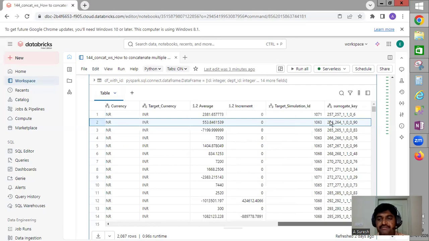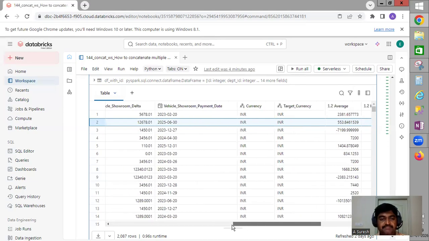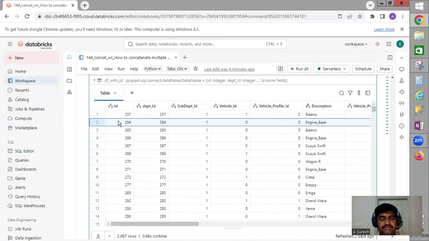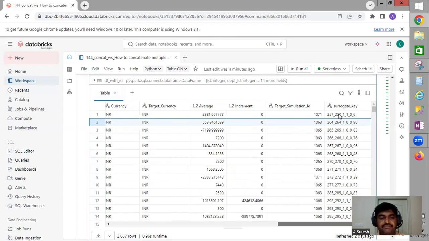See here, 264_264_1_0_0 and 90. 90 is this column, this one. So like this, it will concatenate for all the values. So now this surrogate column, we can use it for further